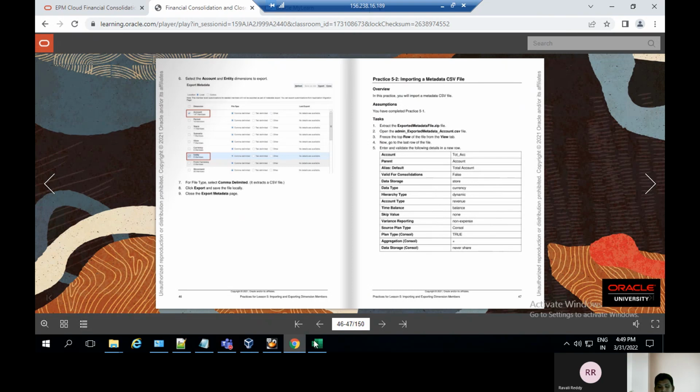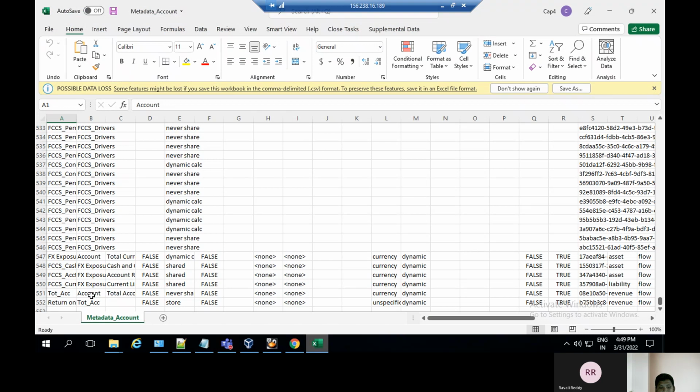And here the total account name is total account, and the parent is account, and for the total account the alias is in data storage, never storage appears here. That's why I uploaded this file. Okay,